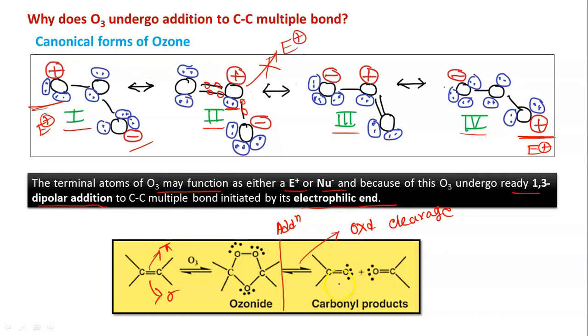So that is why it is oxidative cleavage. But this oxidative cleavage can be done by reductive workup as well as oxidative workup, that we will see after some time. But this is the general scheme for ozonolysis. So first there is addition of O3 and both sigma and pi bonds are broken, we are getting ozonide, and finally this part and this part are clipped and we are getting carbonyl products. Fine.